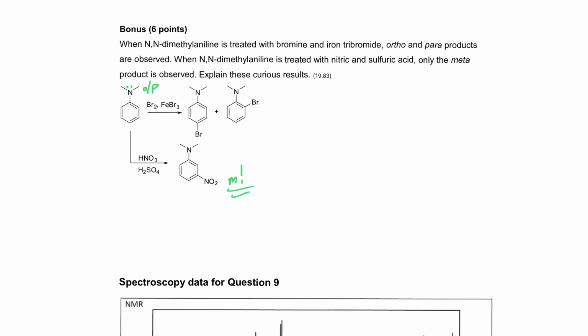How does that work? Some students said, well, nitro is a meta director, so it'll go meta. But there's no nitro here to direct this nitro group meta. So the fact that the substituent is a meta director has no bearing on the answer here. Somehow, the dimethyl was turned into a meta directing substituent, at least temporarily, in order to put the nitro group on meta. A few students recognized that nitrogens with lone pairs are good bases, and so the substrate in this case